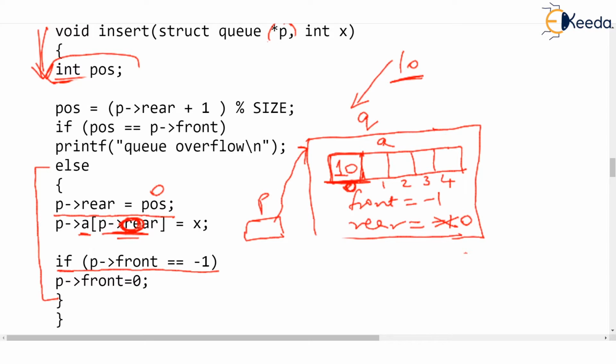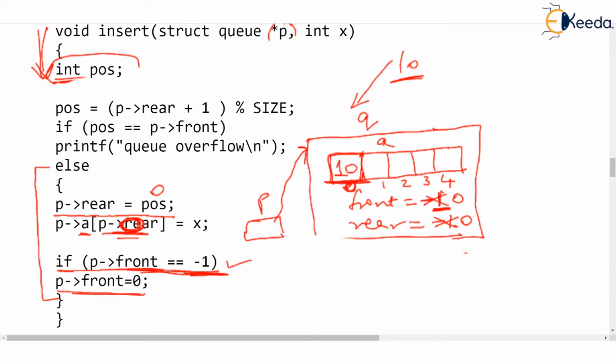We are asking, whatever value we inserted just now, was it the first insertion? When will it be the first insertion? Obviously when front is -1. If front is -1, if this is true, then it means that before this there was no element in the queue. And watch, at this moment front is -1. If front is -1, we will forcibly make front equal to 0. So front is also 0.